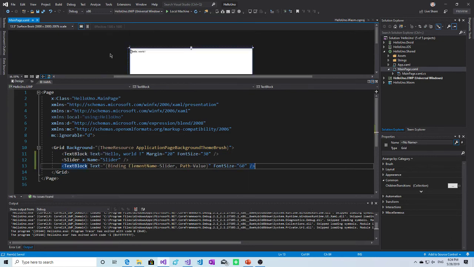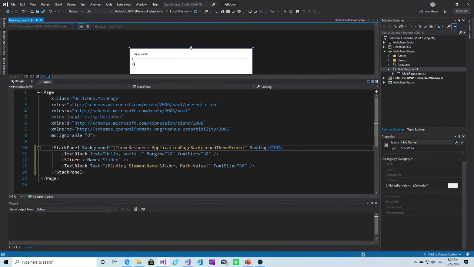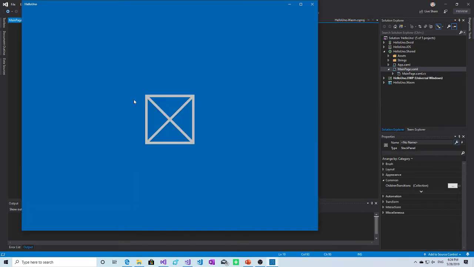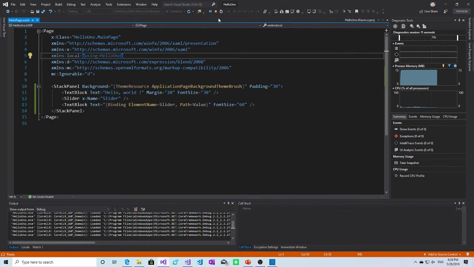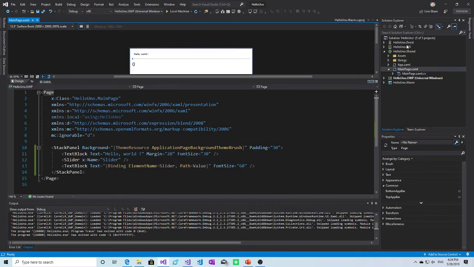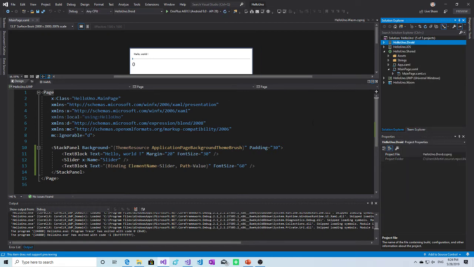And just to make the application look right, I will use a stack panel as the root element and add some padding, for example 30. So that's much better now. Okay, if I run it again, the result should be a classic UWP application with data binding. Nothing too surprising.